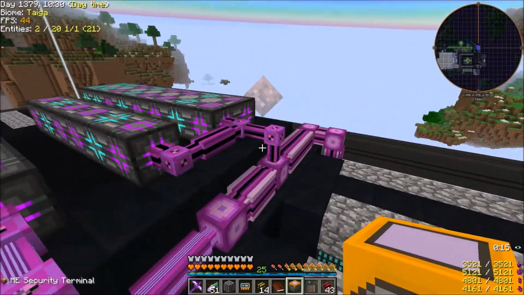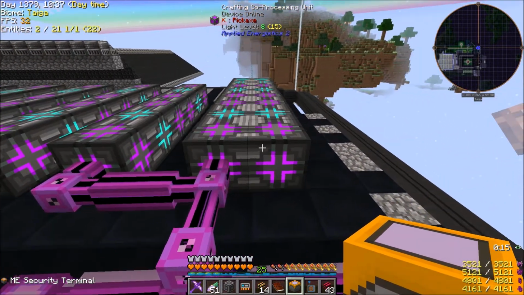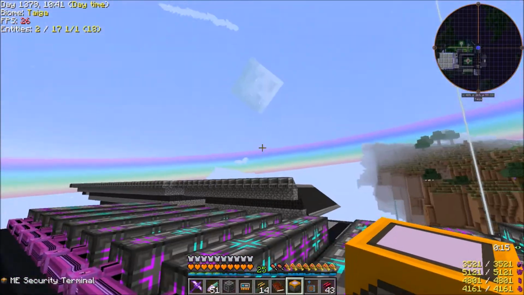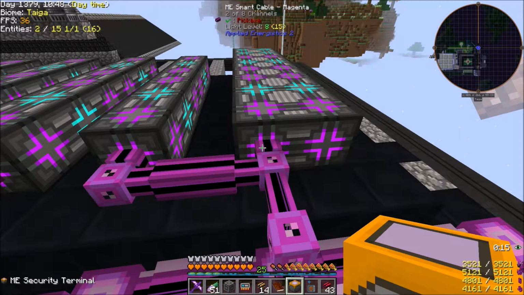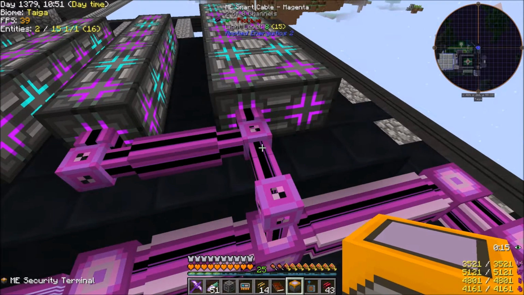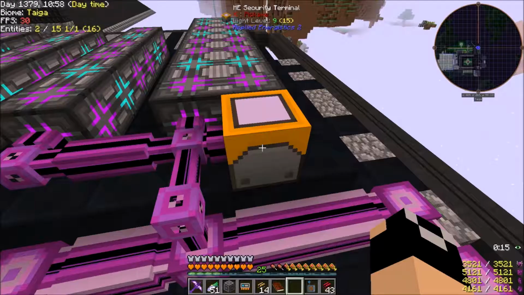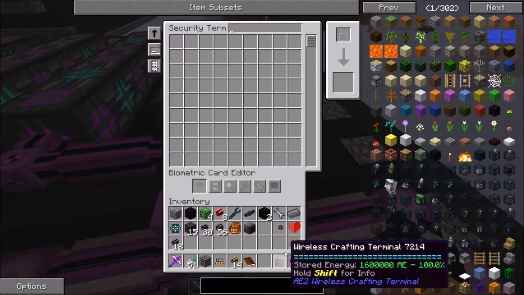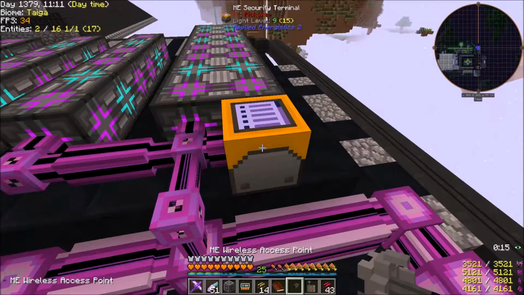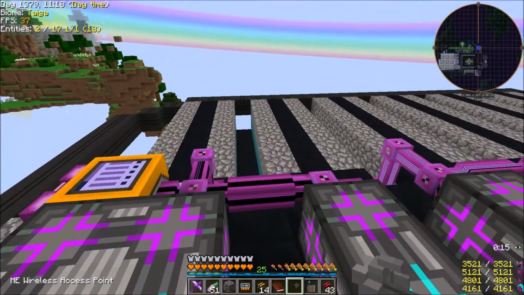I'll tell you what, this line right here, 2 of 28. Basically, we're just going to plug into this right here, because this will be underneath the roof. And honestly, the security terminal, once it's set up, I don't need it. I don't need to touch it. I don't need to do anything with it, right? So we're just going to put our security terminal right here, and that's all linked up now. Then we're just going to plug in our wireless crafting terminal. There we go. And then for our wireless access point, we're just going to put this right here is fine,